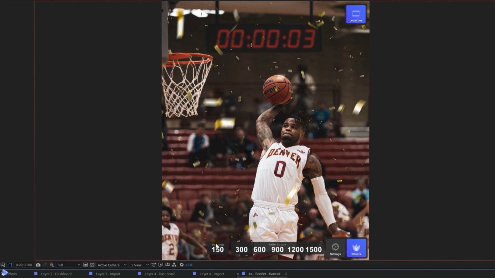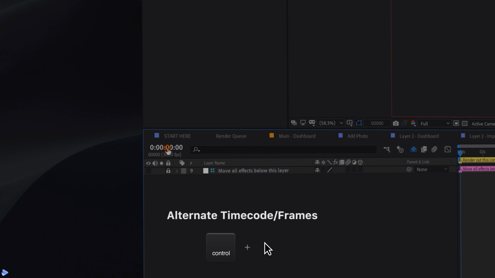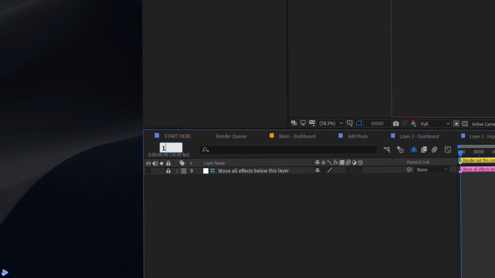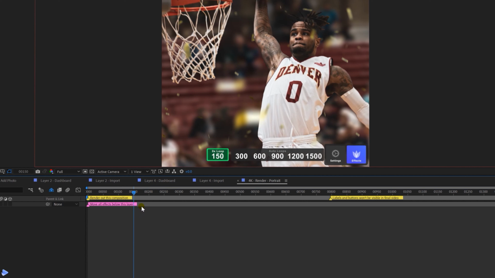Since we're seeing this in time and not frame count, it's not exactly clear, so let's just go over here, control click on this time code here and change it to measurements in frames. So if we type out 150 frames here, we can see that Photomotion Perfect Cut system is giving the green light for one loop, and that's just clarification that our time head is now at the right place for one loop. Now before you even think about rendering, just make sure to mark out the very end of your workspace. If you don't, you'll still end up rendering this whole entire timeline, so marking out is pretty essential.